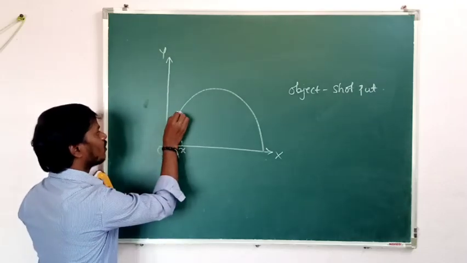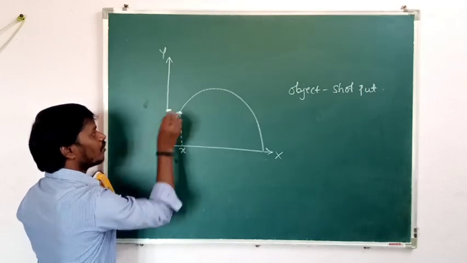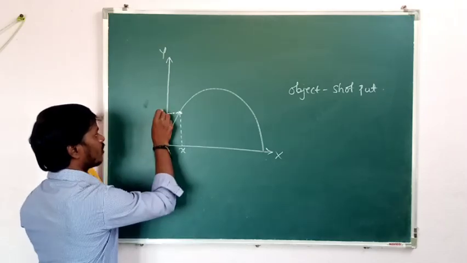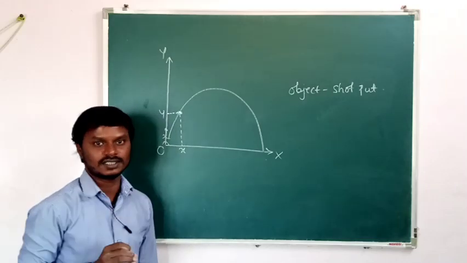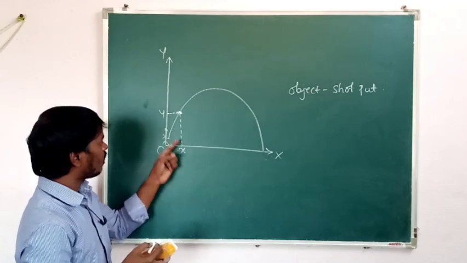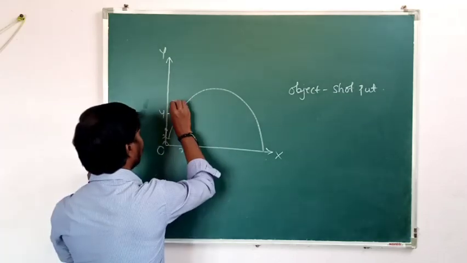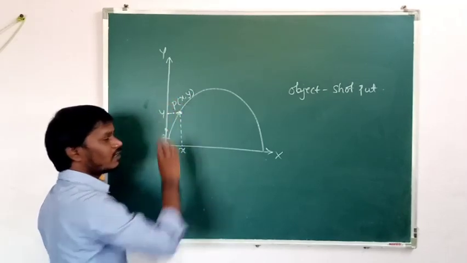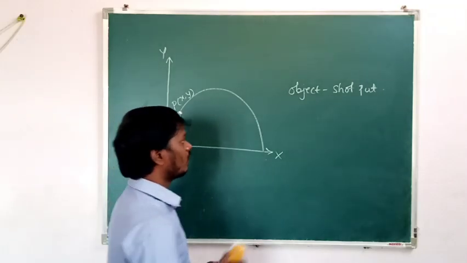Then, in order to find the position of the shot put along the y-axis, we draw the perpendicular line from the position of the object to the y-axis. Okay. Then how many coordinates are needed here? 2 coordinates. What are those coordinates? X and y. And here both x and y coordinates are changing with respect to time. Then the position of the object can be determined by 2 coordinates x and y. This is in case of motion in 2 dimensions or motion in a plane.